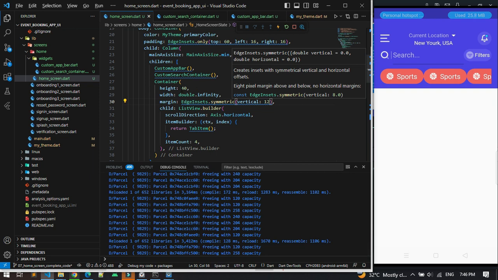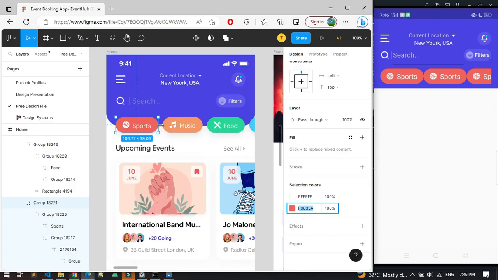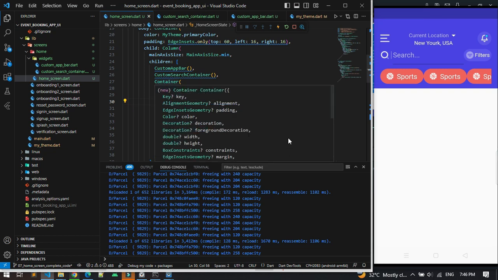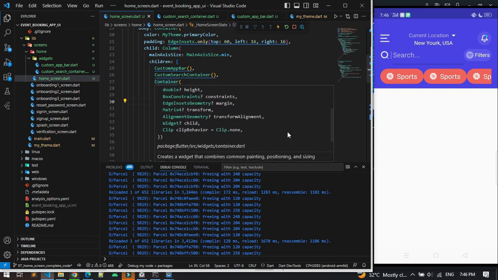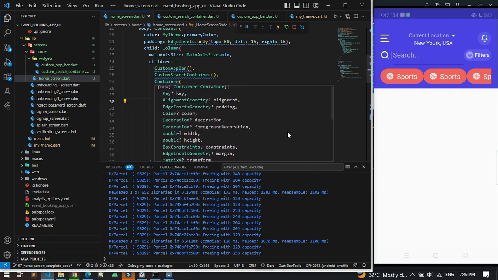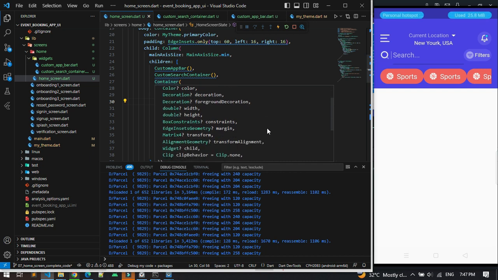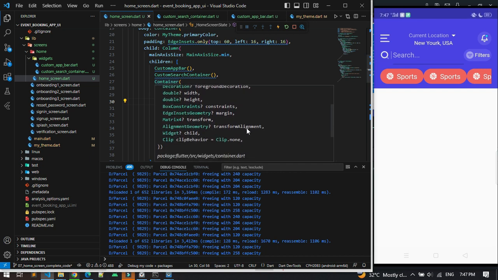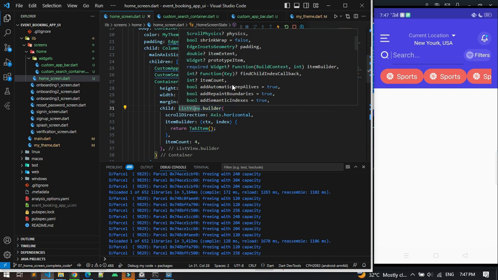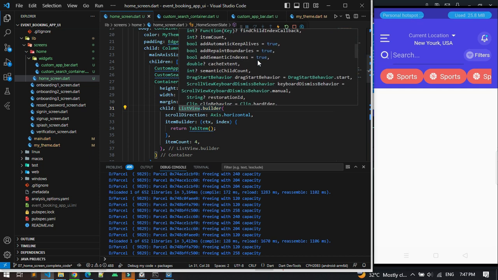Okay, so the next part would be the space between these items. So for that we need to see the property for how to put the spacing between these items. Decoration, alignment, part would be, actually in the builder section we need to apply the spacing regarding property of